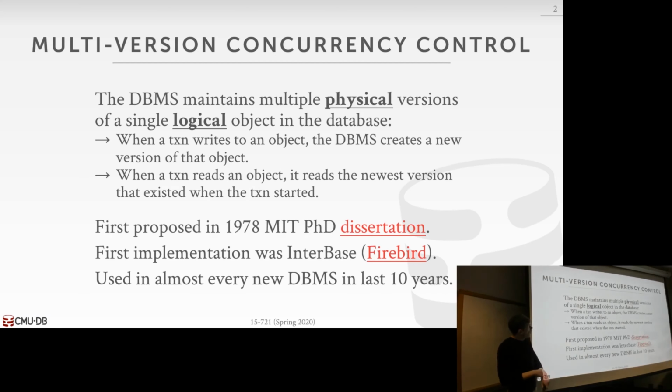So what happens is when a transaction writes to an object or does an update to an object, then instead of overwriting the existing values, it creates a new version. And that new version has the change that we just made. Again, the idea is that we have to keep track of